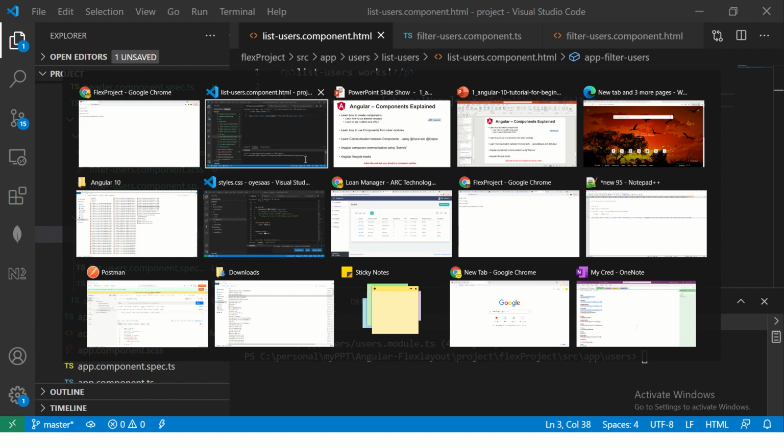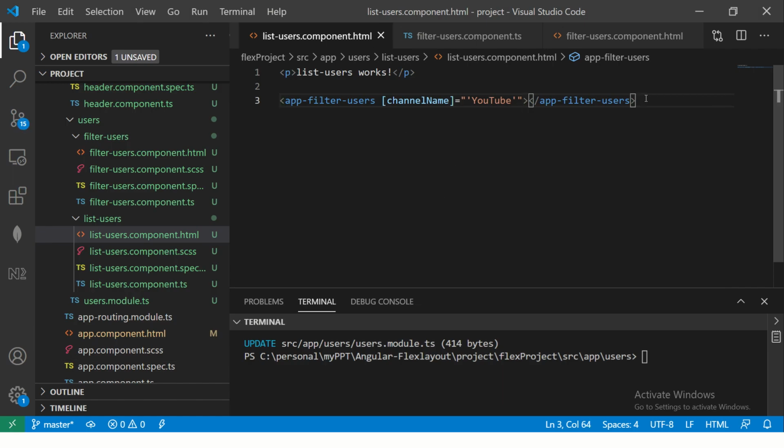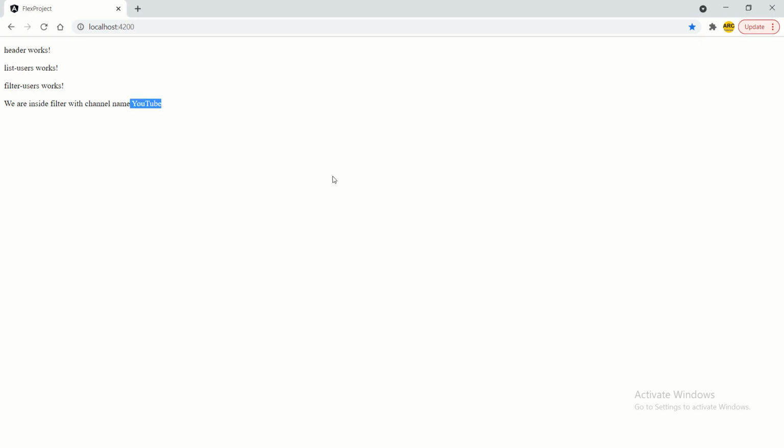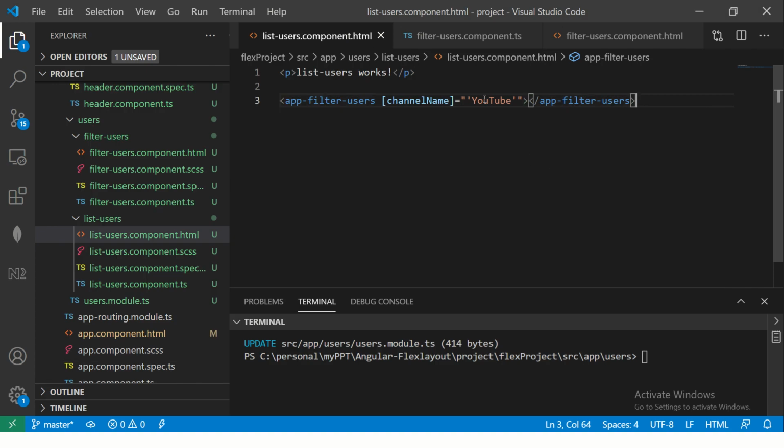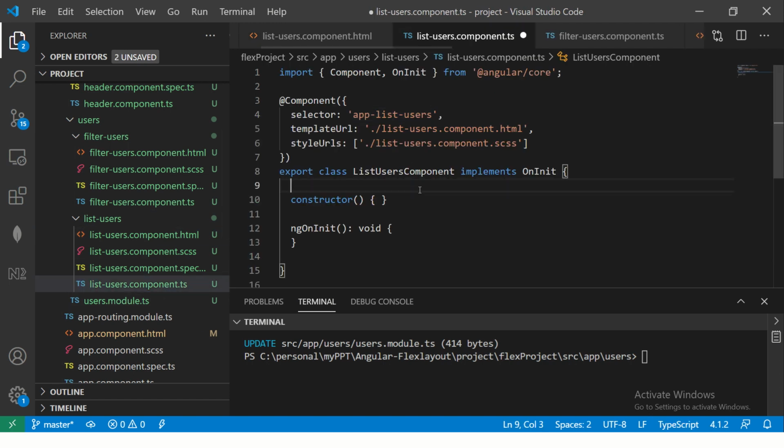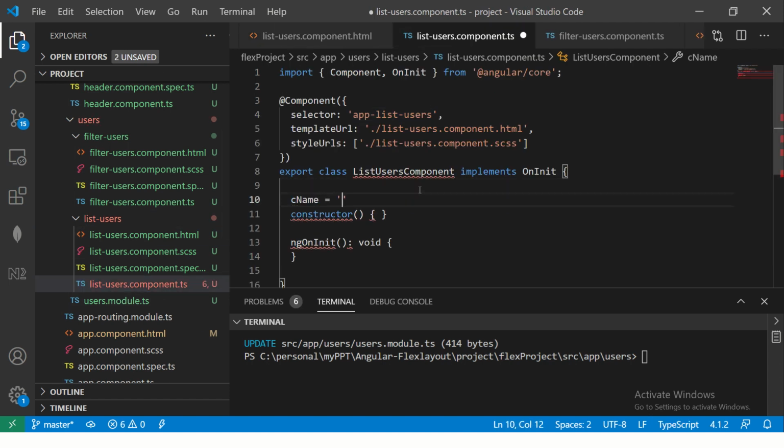So see, now it got changed because the data is now being sent from list users to app filter. That is the important thing that you should know. Now we can make it dynamic; you don't have to hard code it. So what we will do, I'm going to say cname, I'm going to bind it using a variable, and in this I'm going to say cname is equal to